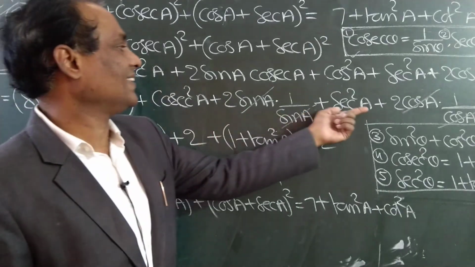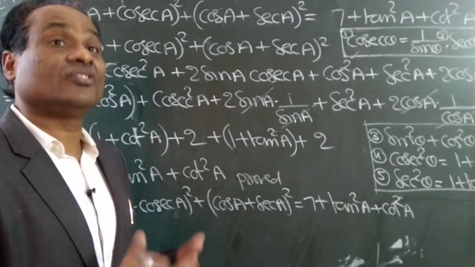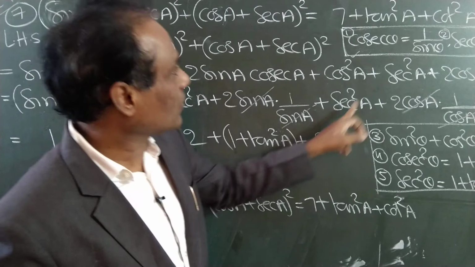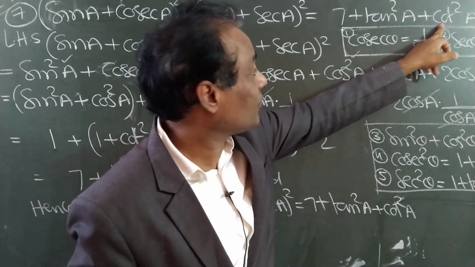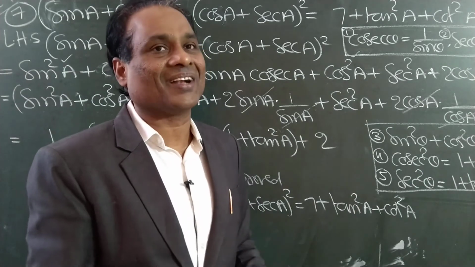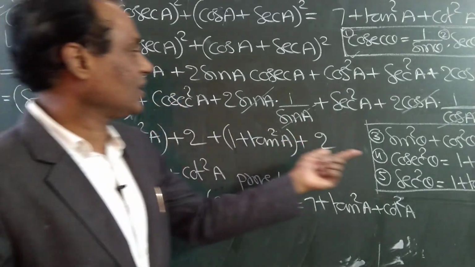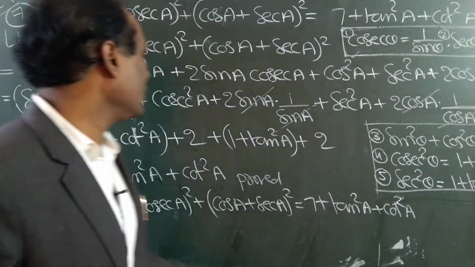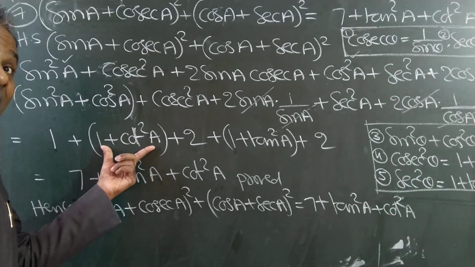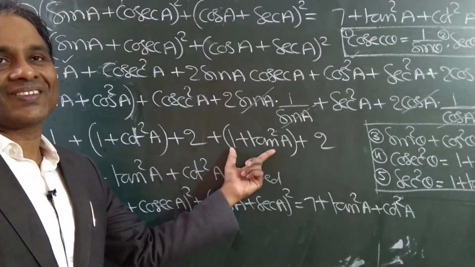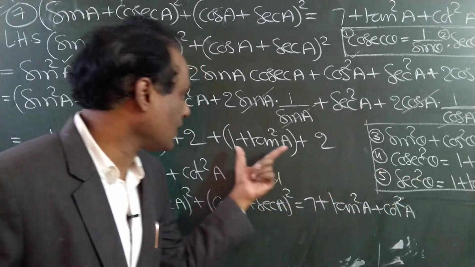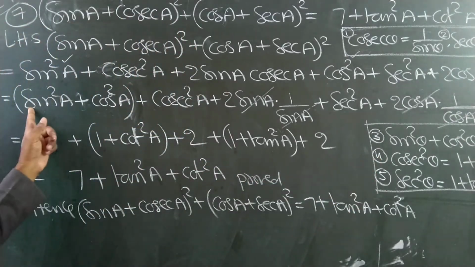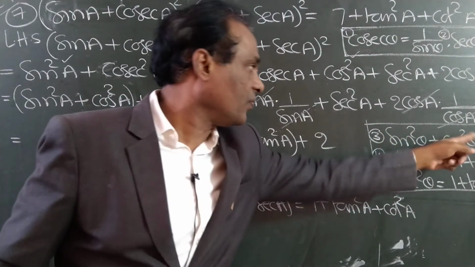But what about this and this? Should I write same or I should change? See the problem. There is no cosecant square in the answer. There is no secant square here. Instead of that, we have tan and cot. How to get tan and cot? We have the formula. Cosecant square is equal to 1 plus cot square. Secant square is equal to 1 plus tan square, fifth formula. Cosecant square is equal to 1 plus cot square, fourth formula. Sin square plus cos square is equal to 1, third formula.